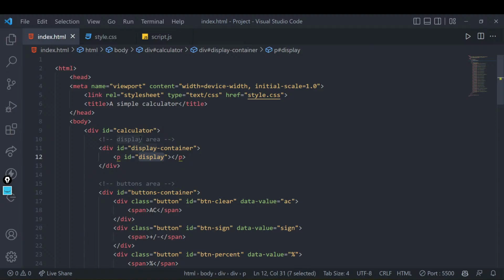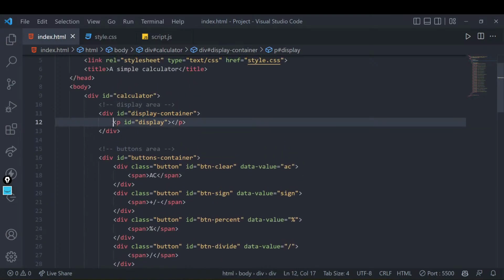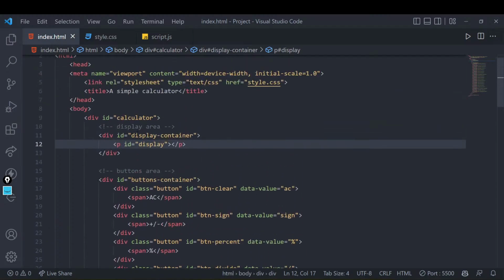Since I code websites, I have generally given names according to my conventions, which are related to how industries generally do it. If you are not comfortable writing a paragraph inside it, or you just want to write a simple display area inside the division, you can also do that, right? But this is just a suggestion. Please stick to these conventional methods so that you don't have any problems if you are doing internships, or if you are writing code with multiple different people, right? So this is the simple display area.